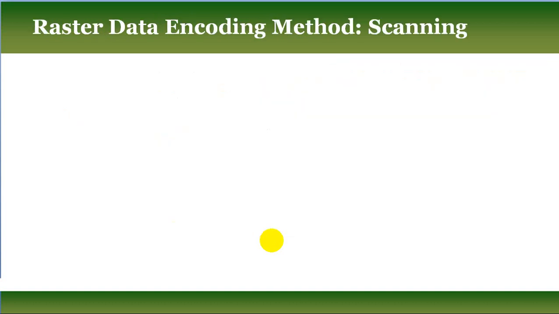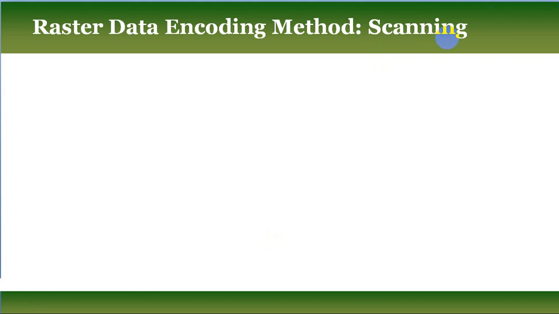Okay, now first I am showing you different types of raster data encoding methods. A popular raster data encoding method is scanning, which will convert the analog map into the digital map.